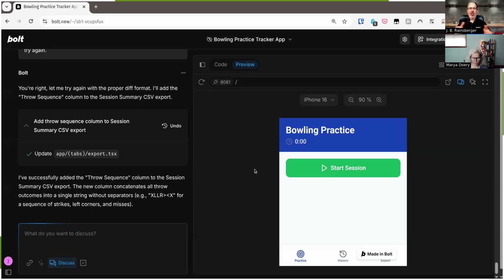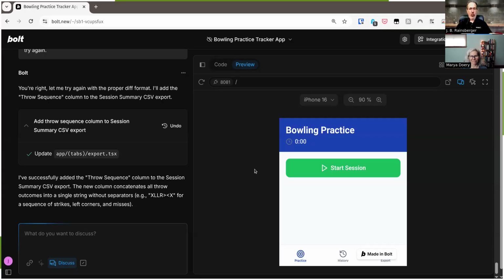And that's one real downside, of course, to any of these kinds of platforms: if you can really only test it by running the application on a real device, the feedback loop slows down a ton. This is one of the reasons why we would like to explore how to at least do some unit testing. This is exactly the kind of feature where unit testing would have made this really easy. But we took some steps in the direction of trying to do test-driven development with Bolt, and we got stuck.